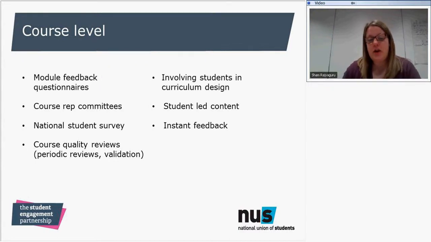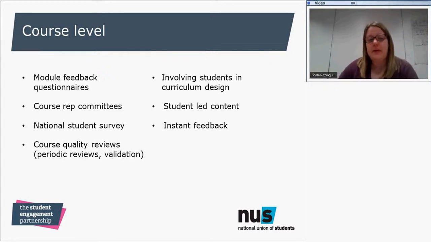National Student Survey, so not only students filling out the National Student Survey as an enabler of them giving opinion about the quality of their experience, but also what happens to the data, so how it's shared with institutions and student unions, how action plans are developed off the back of that, how student unions and course reps are involved in either developing but then enacting interventions off the back of those action plans.